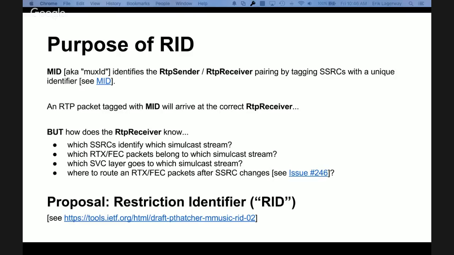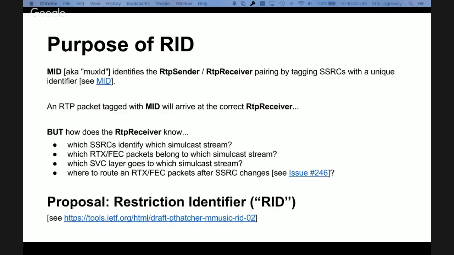Yeah, but Peter, my understanding of RIDs, the way they're defined, is that they identify the repair flows for primary streams, not group different simulcast or SVC streams, because there are other mechanisms that exist for that. Okay, anyway, I think we should probably have some additional issues, Robin, particularly with respect to routing. There's definitely an interpretation difference of what its intention was, so it's good that we discuss this so we can clarify it.